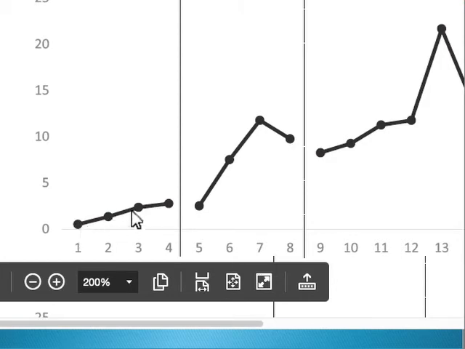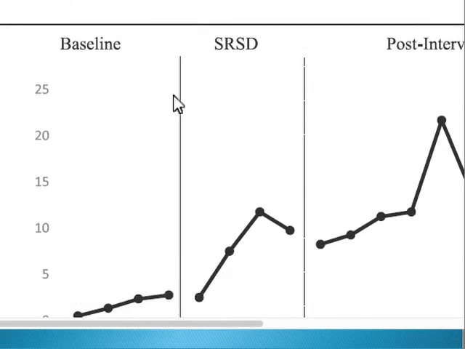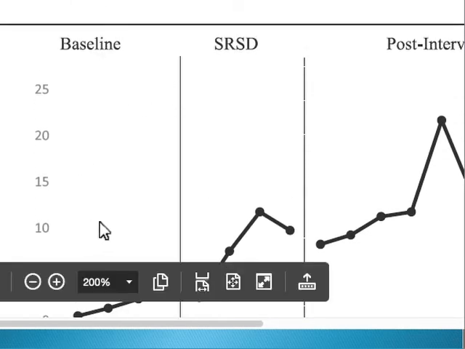And so we can notice trends, we can notice variability, we can notice the level of the data points. And then post-intervention is actually here, so we have these lines, and this line is depicting whether or not we're in baseline. And then we have